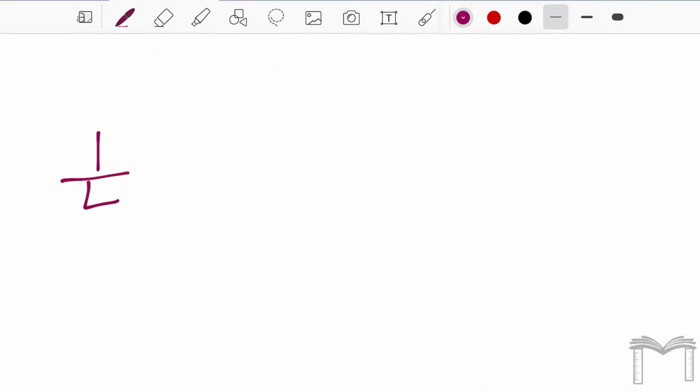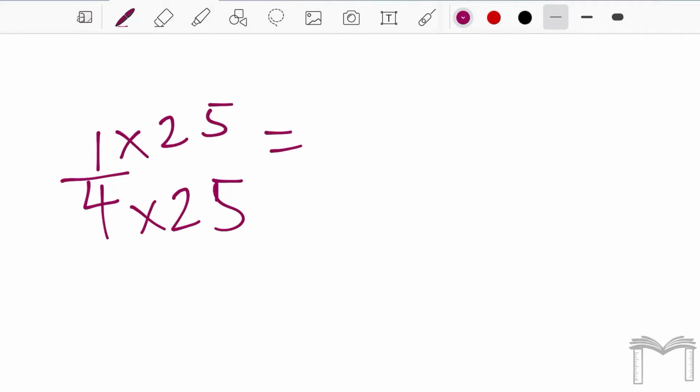Some of you will know what percentage this is and what decimal it is, but if you don't, here's one way you can work it out. Can we multiply 4 to get 10 or 100? Yes, we can multiply 4 by 25 to get 100. We must multiply the numerator by the same number. So we will get 25 over 100,